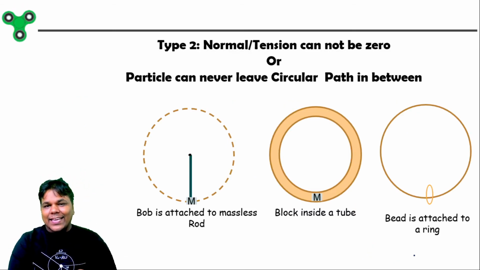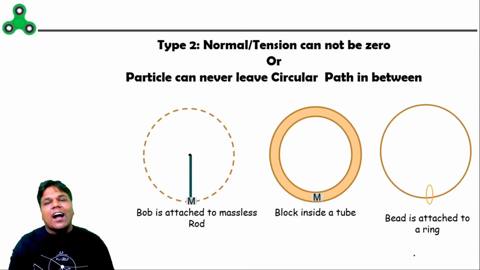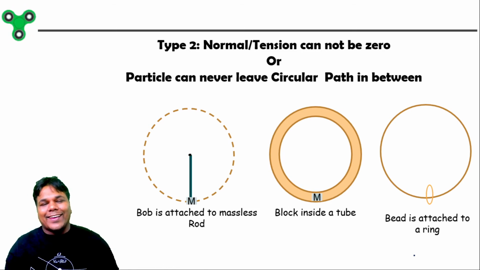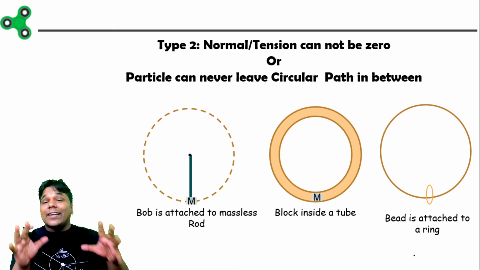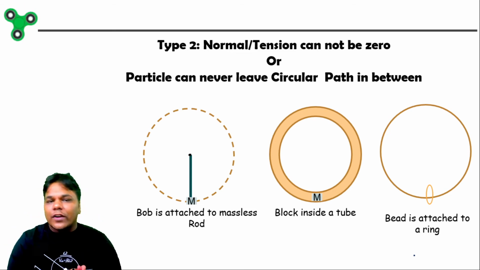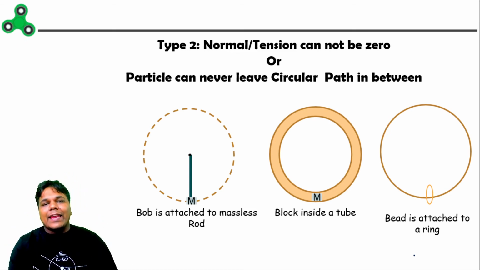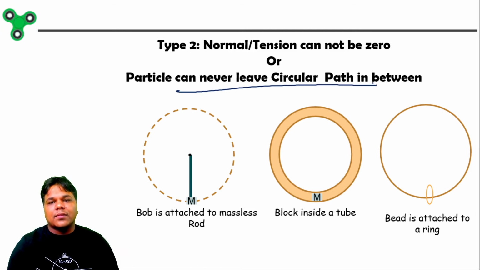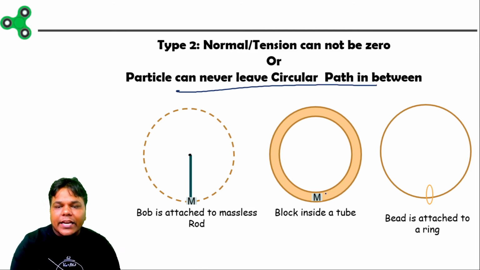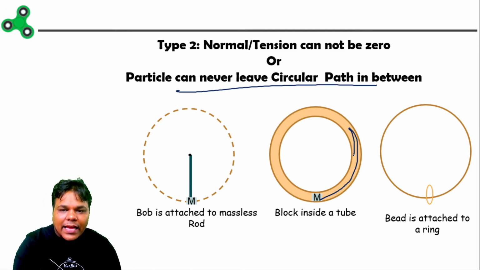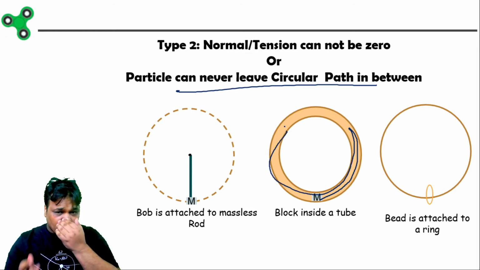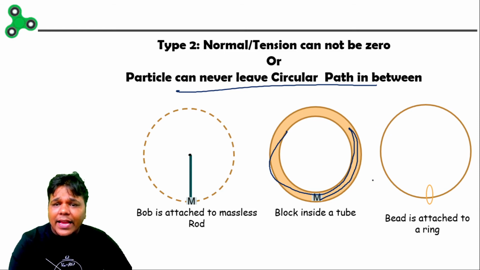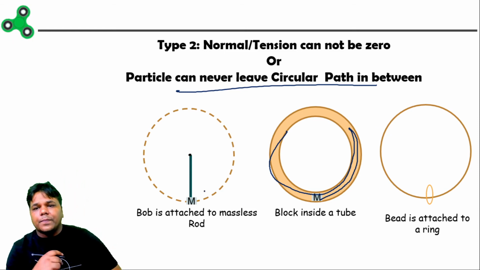Second case, in which we do not worry about tension. We do not take the tension of the string. I used to say that like this. Okay, we do not take tension of tension. So what is going to happen? The particle can never leave the circular path. The best it can do is move like this, then follow this path, and then again and again.